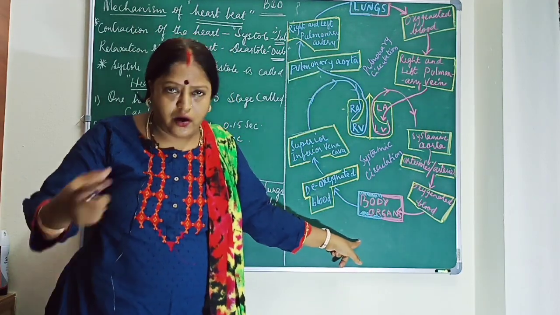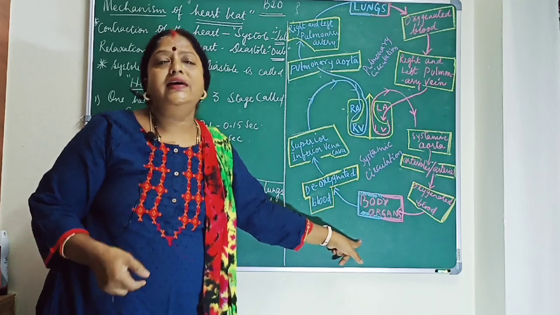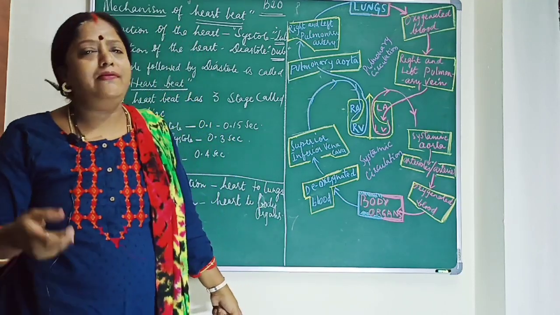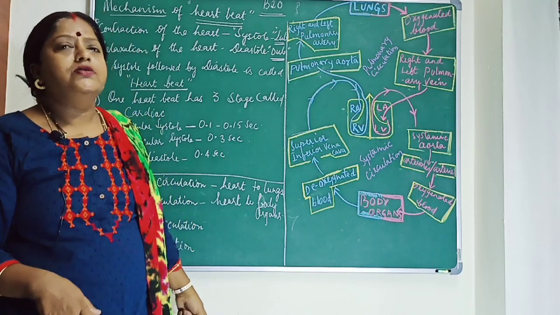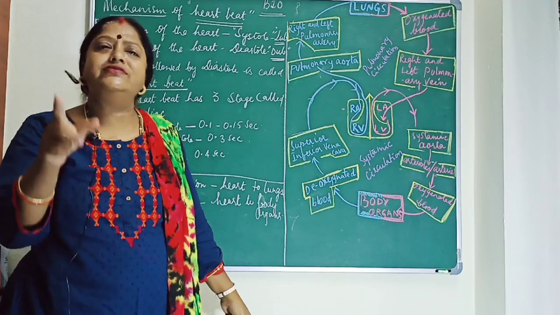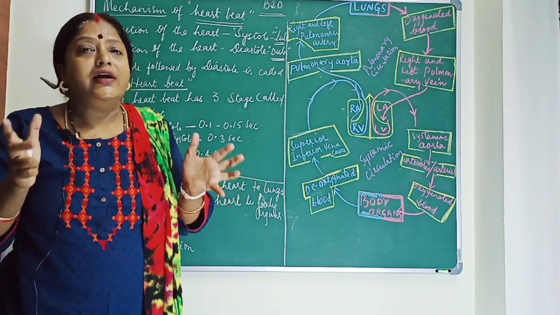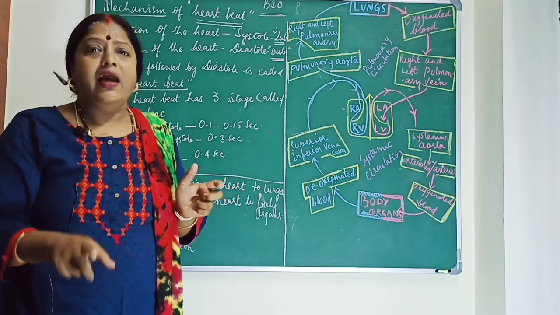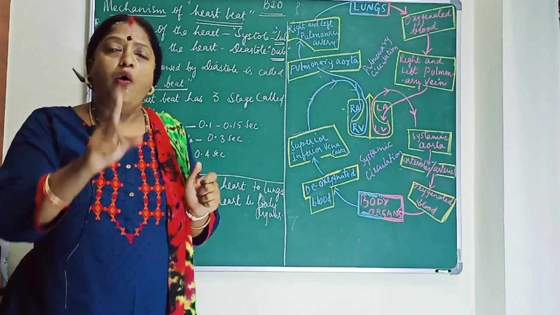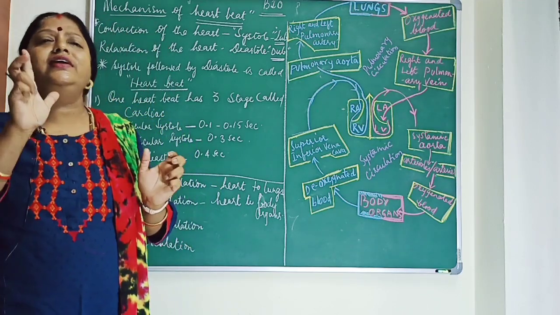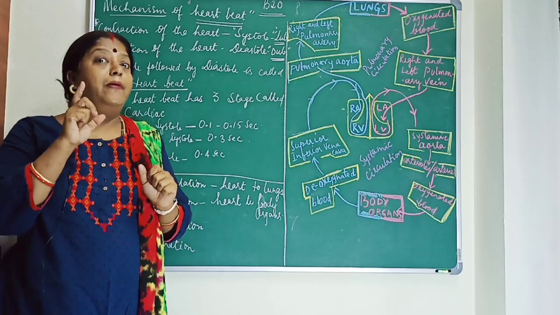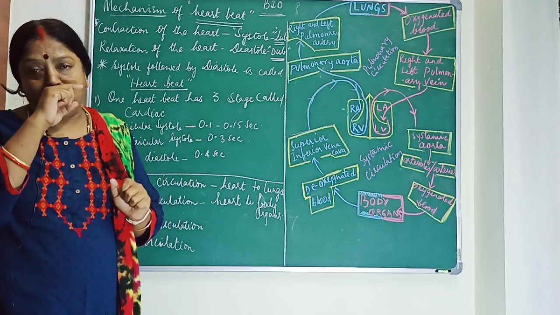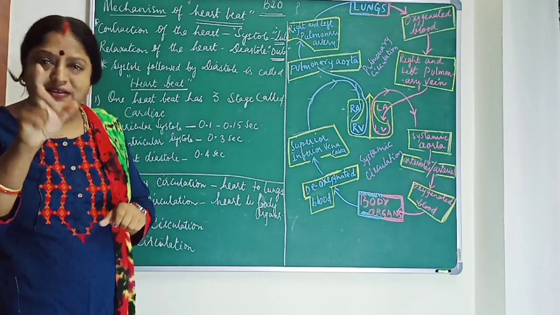Okay. So, in amphibians, reptiles, apes and mammals, they have double circulation as the blood flows twice through the heart. Okay. If the blood passes through the heart once in a circulation, then it is called single circulation. If the blood flows twice through the heart, then it is called double circulation.